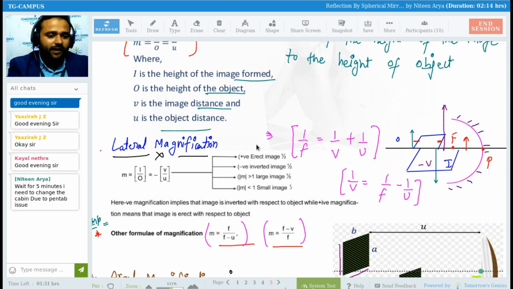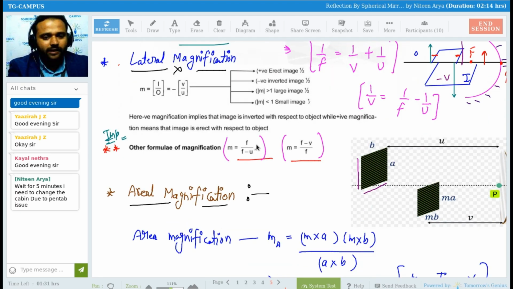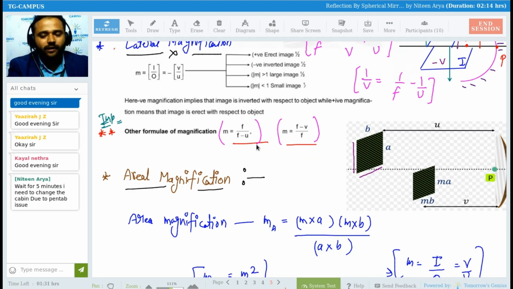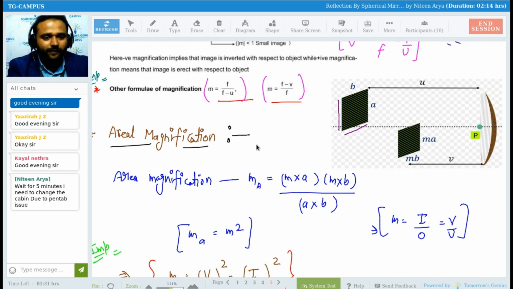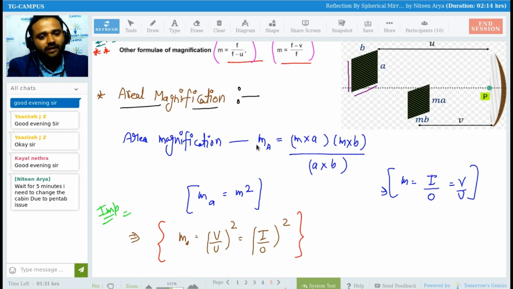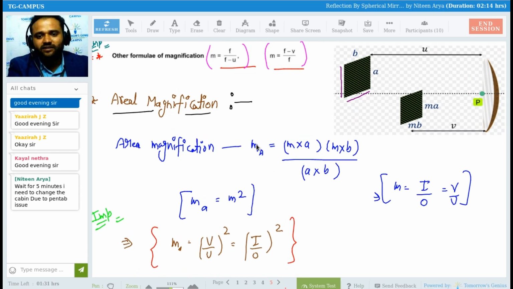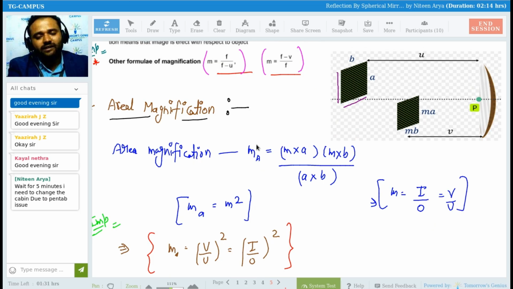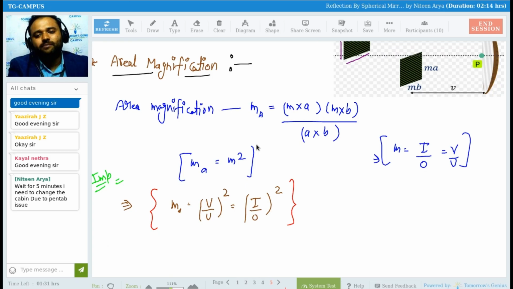Clear, everyone? Now, if you know only focal length and object distance, that is the formula. Focal length and image distance, that is the formula. So that is important. More importantly, we have areal magnification. Areal magnification is the magnification that happens in the x-axis and y-axis simultaneously. So that is MA, which is M square, where M is I by O or negative of V by U. Is this clear, everyone? Beta,